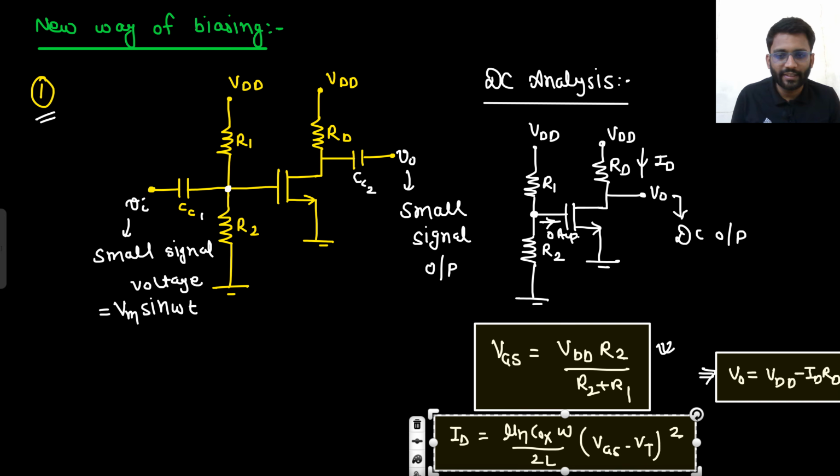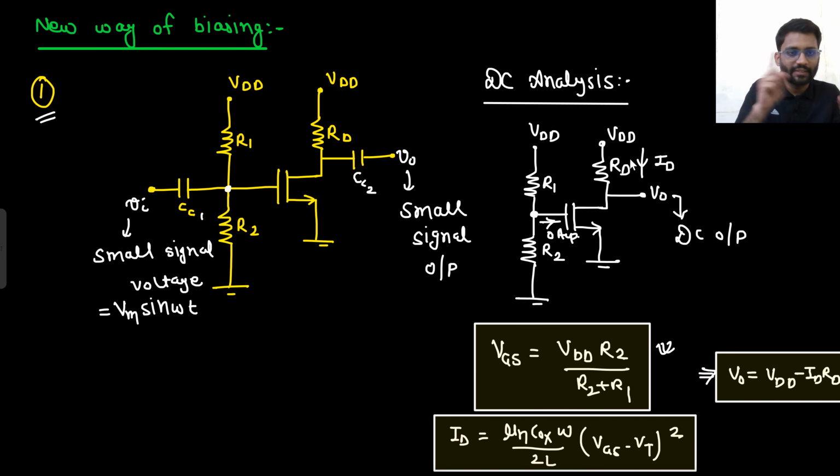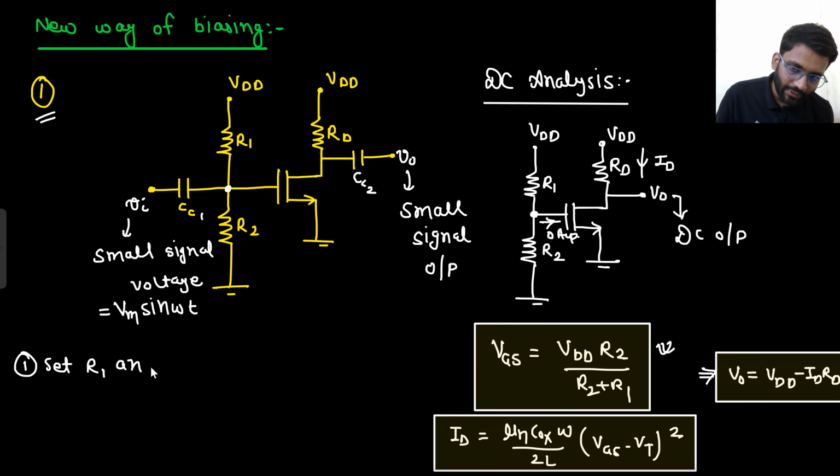So you have to set the value of R2, R1 and RD such that your VDS is greater than VGS minus VT. Also, you have to set the value of R2 and R1 such that your VGS is greater than VT. First point, that is set R1 and R2